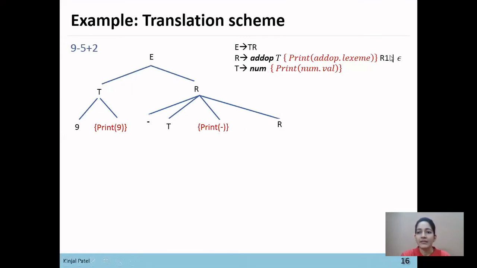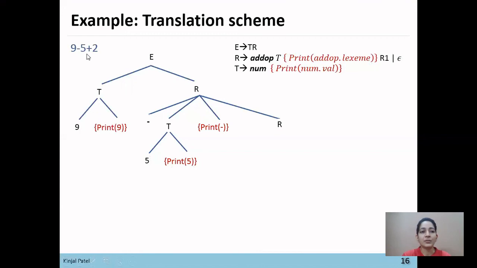Here R and R1 represent two different values, and you can also write R1 if you want to. Now T derives number, and the next number is 5. From this T, 5 will be derived, this 5 is a reference to the digit, and the translation scheme of 5 is to print 5.